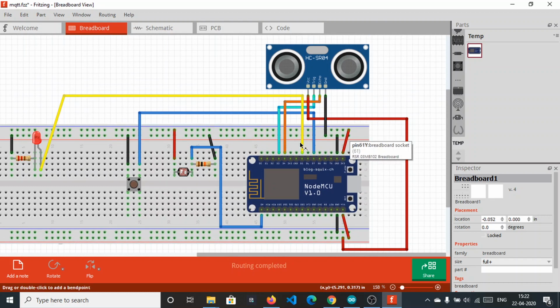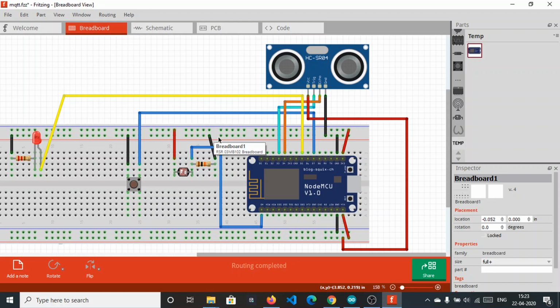And apart from it, this is the LDR sensor and a 10k ohm resistor, and this is the middle point, and this middle point is directly connected to A0. This is the analog sensor, so we are using the single analog pin which is present in the NodeMCU to detect the value of the LDR. Fine. And this one pin is connected to 3V3, the red line connected to the red line, and one end of the 10k ohm resistor is connected to the ground.